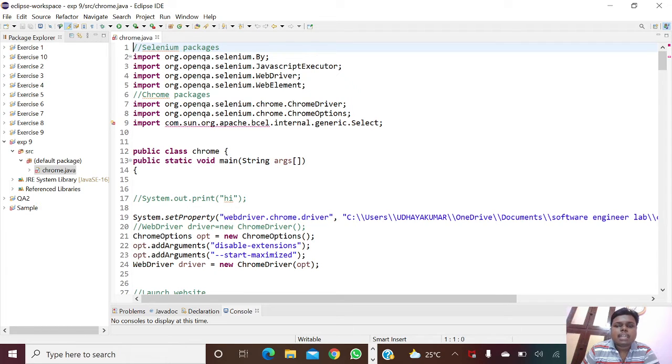Next, you are using a class name as Chrome and writing public static void main of String args.